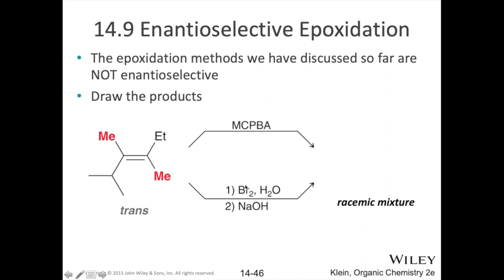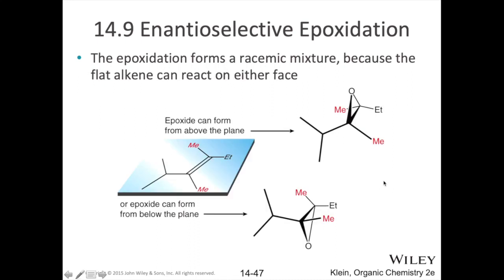Depending on which side your bromine adds on to form that bromonium, that can form either enantiomer, and so you'll get a racemic mixture eventually the same way. So here are the two products if you want to see what that looks like. You could have that epoxide pointing upwards or downwards, and notice that your chiral centers are both inverted